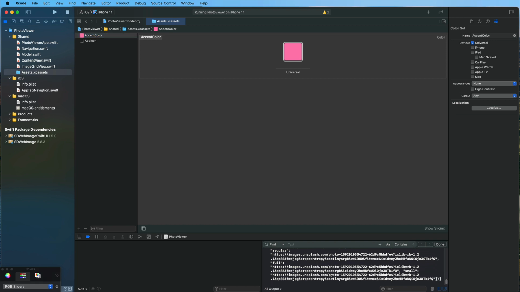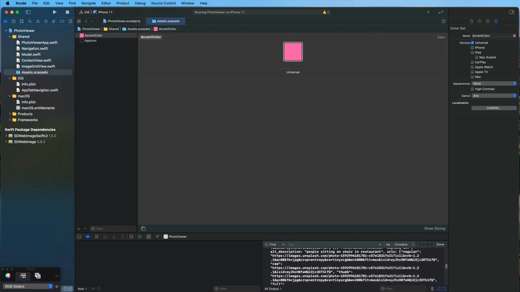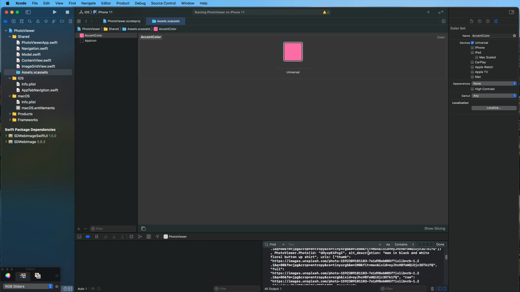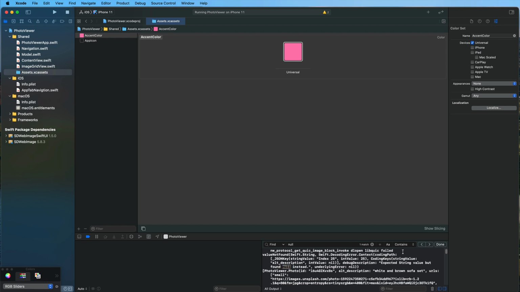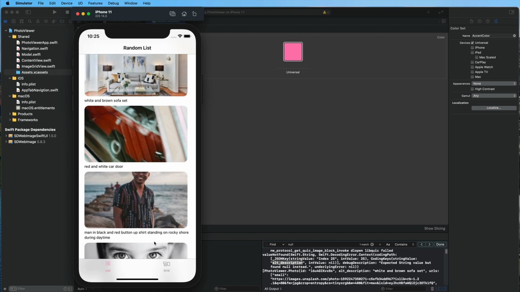We don't get an error message. We get our JSON response. Let's quickly have a look if there is a null in this response. And indeed, there is one null that we found, and it says expected string value, but found null instead for alt description. So this means that not every Unsplash photo has this data point or has this piece of data added to a record,